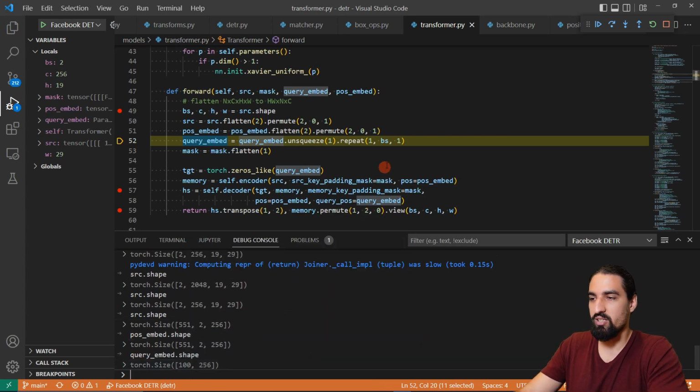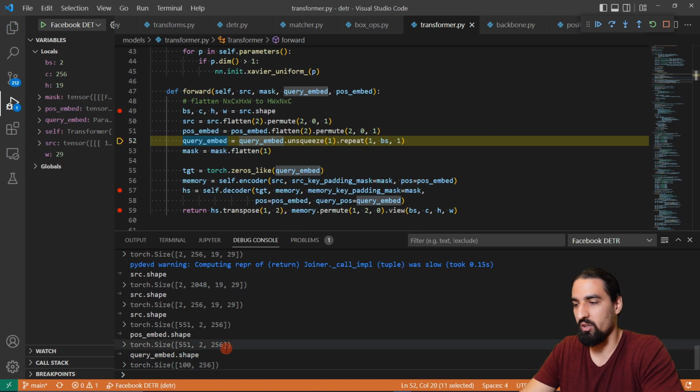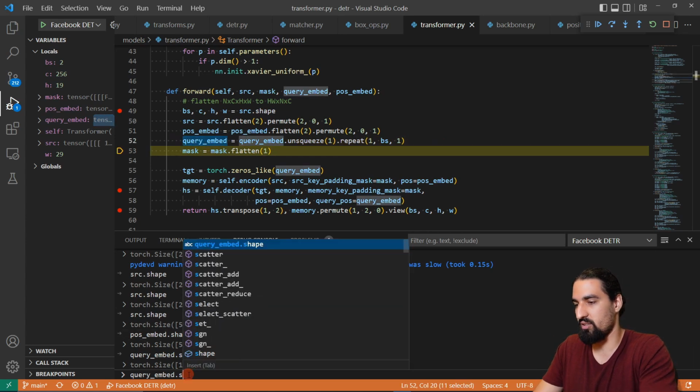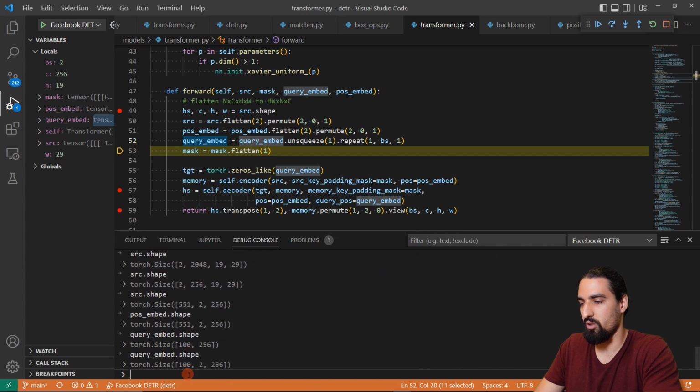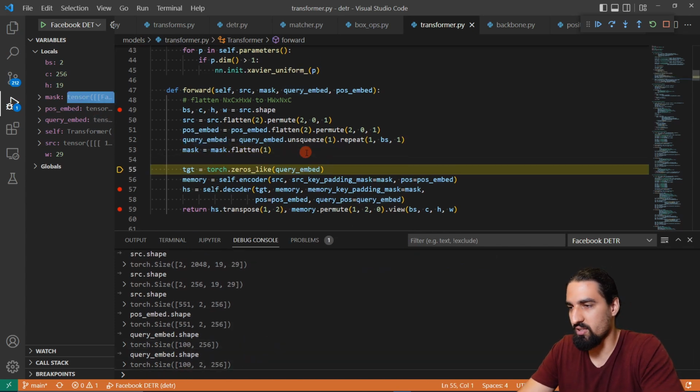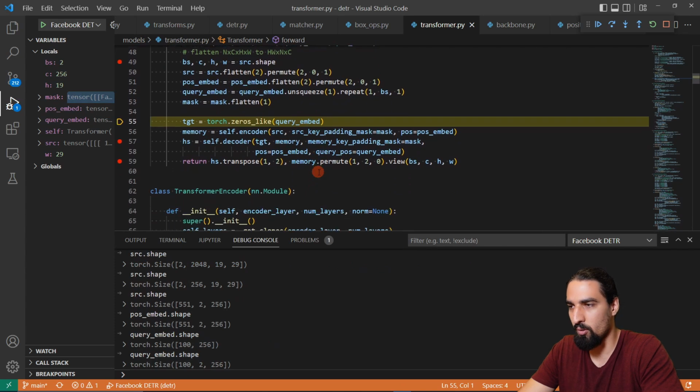So 100 by 256, and here we just add a dimension at location 1, and then we repeat it by whatever the number of batches is. That's how many times we just copy-paste these query vectors, and then we end up with basically the same. So 100 by 2 by 256. Okay, we do the flattening of the mask so that we can pass it into the transformer,